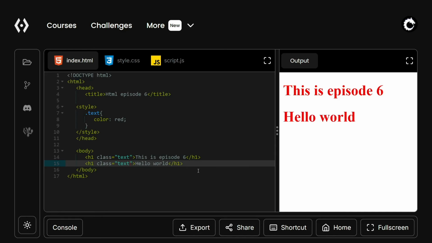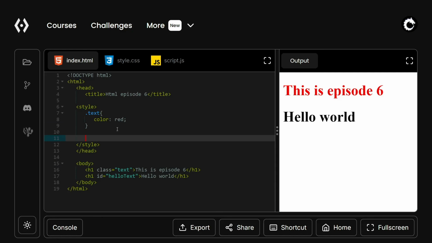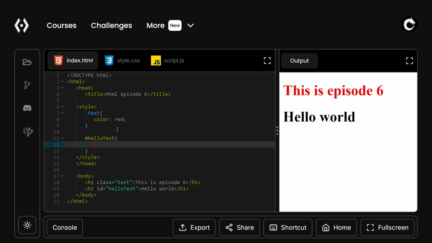Okay. So here's the deal. I can also give it an ID. I give ID, let's say hello text, and give that. Now inside our style tag, to select this H1 tag, which has an ID of hello text, what I can do is type hash hello text. Okay. Now this is how you select an ID and class. For class, we use a dot, and for ID, we use hash. If I want to change this color to, let's say, blue,